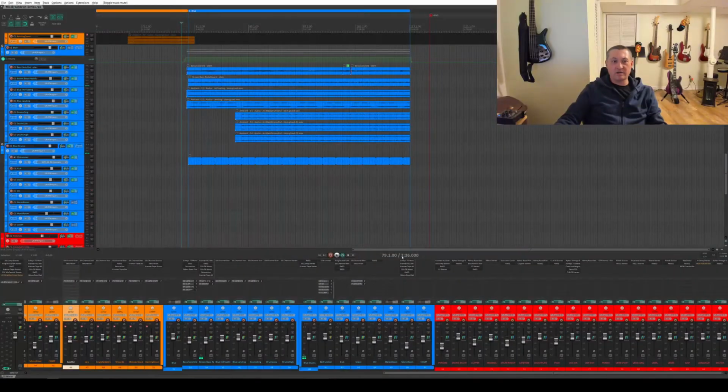So let's get in Reaper and take a look at what we have. All right, so here we are. Before I start, I'm going to play the blue section for you. Keep in mind that on the actual recording, in the master, I did a fade out at the end, so I'll probably simulate that by pulling down the master fader when it gets there. Take a listen, here you go.